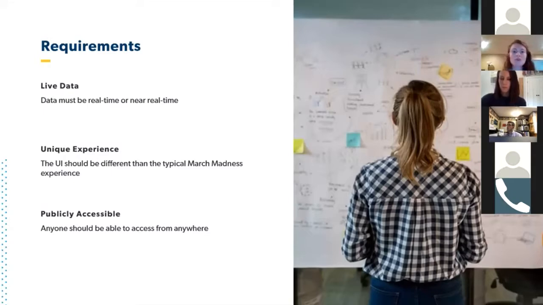Second, we wanted a unique experience for the consumers. So, we could have just had everyone in the office who wanted to participate log on to whatever NCAA site and make a bracket and just use whatever graphics they had built out for the UI. But we wanted to make our own. We wanted to make it unique for our office and hone the dashboards more around the participants rather than around the teams and the schools, because we thought that would be a little bit more fun for the people participating.